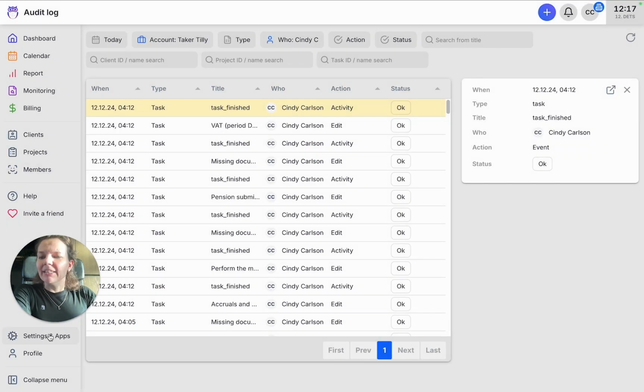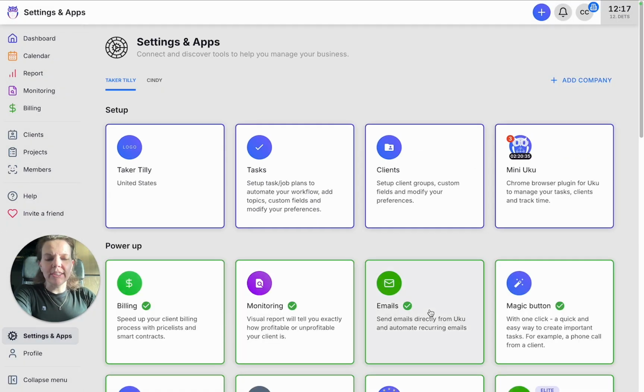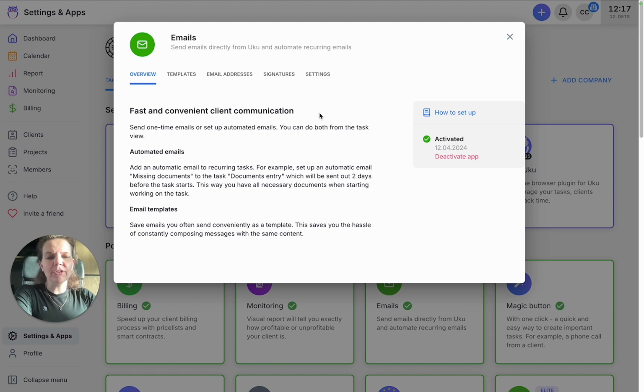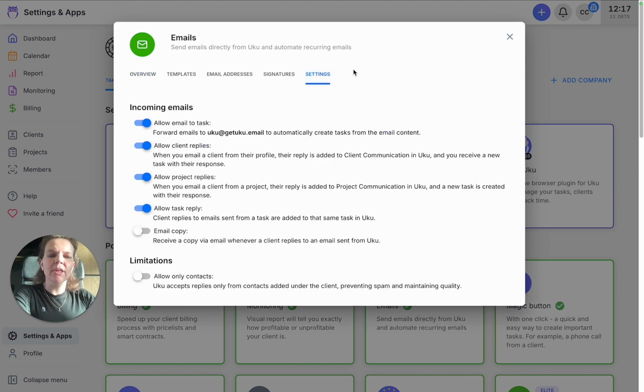Alright, but let's move on to the emails feature. We have a lot of updates regarding emails and incoming communication. So those of you who already use Uku's email feature know that you can send out emails via Uku, but now you can also pull the replies to the emails back to Uku.